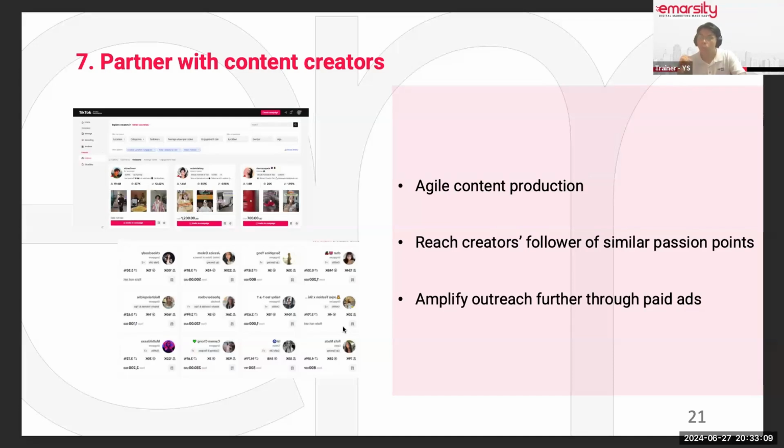Okay, so the good part about working with content creators and influencers is that it is not always the case that you have to pay them. Let me repeat: it's not always that you have to pay content creators or influencers to create content and post on their profile for you. How it works is either you pay them to create content, or you sponsor the product or service for them.